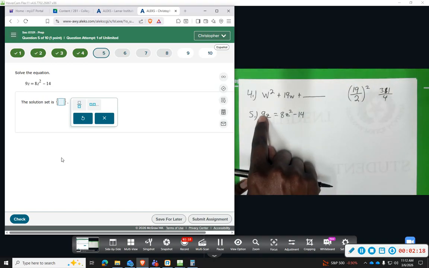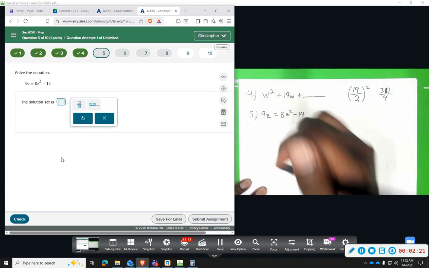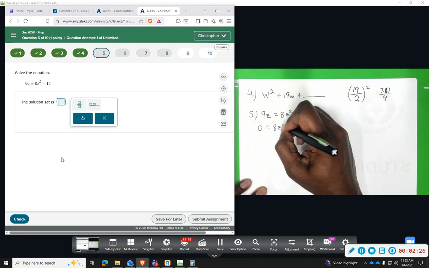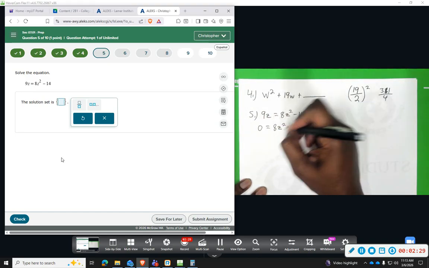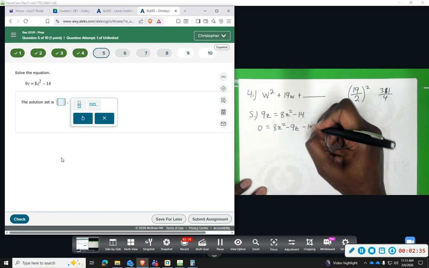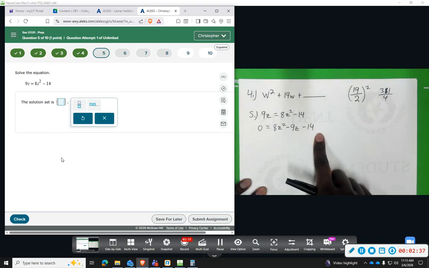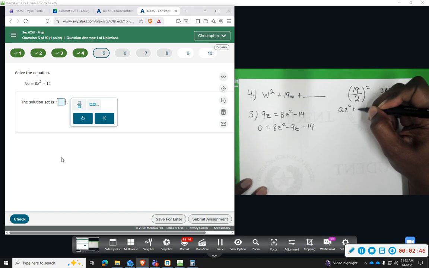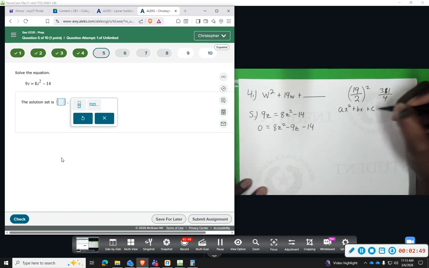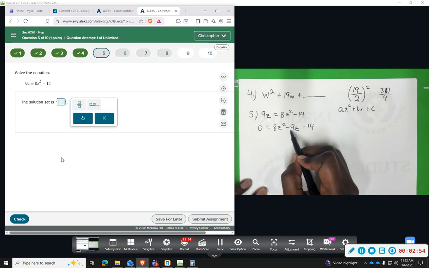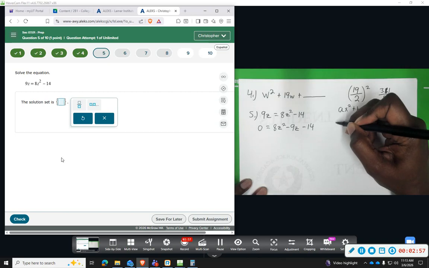I'm going to set this equal to 0 by subtracting the 9z and moving it over. So we have 0 here, the 8z squared. Now the positive z moved over, we subtracted it, becomes minus 9z, and then minus 14. So this is in standard form now. We're going to do the quadratic formula. So here's the quadratic equation, ax squared plus bx plus c. A is the 8, b is negative 9, c is negative 14, and the quadratic